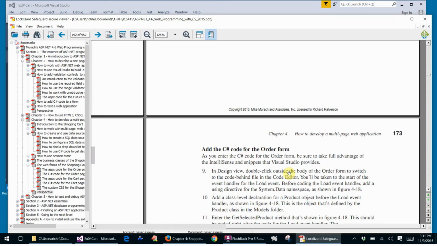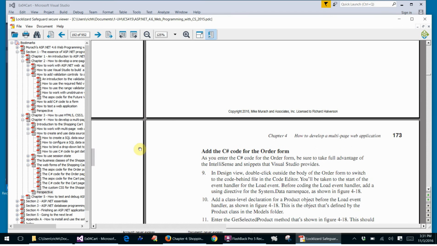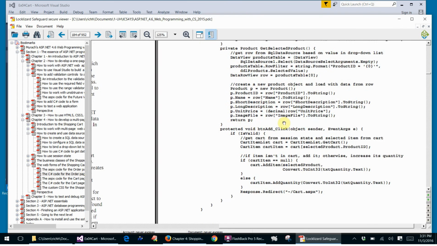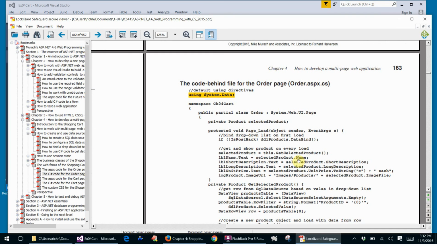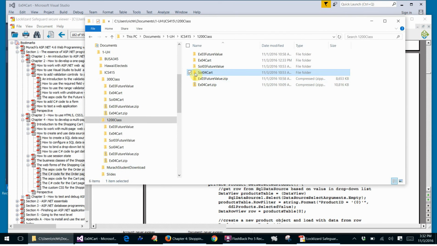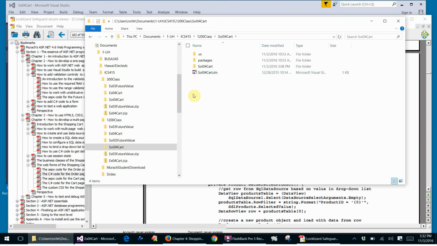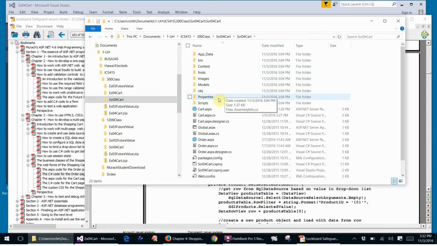Now, normally, we're doing the code that's on Figure 418. Figure 418 code is this code. So, in the interest of time, and because they give you the solution file, I'm going to go into the solution file, and I'm going to find these files, the solution files, and that would be right here,